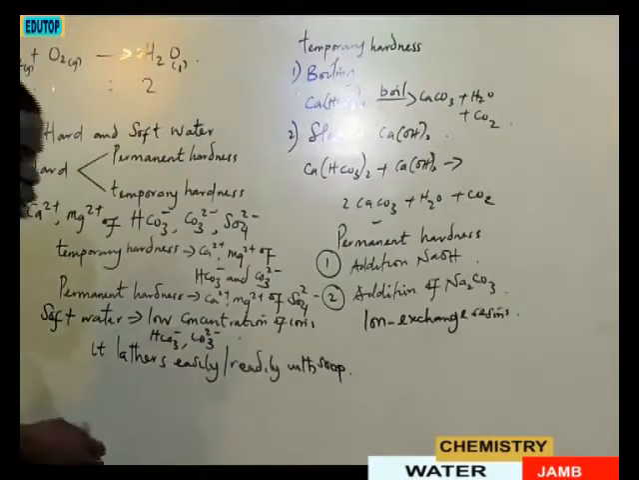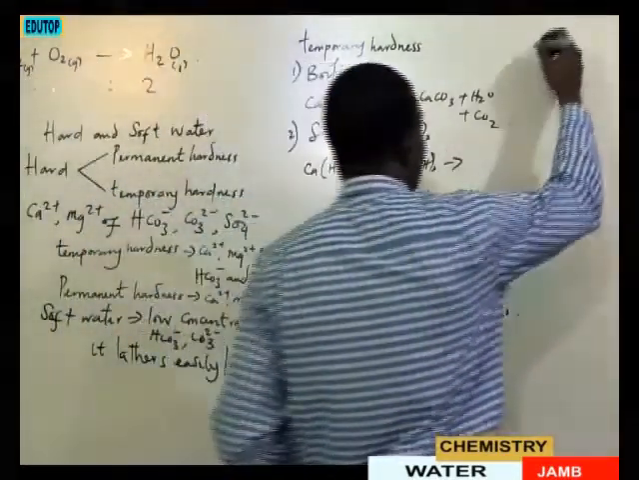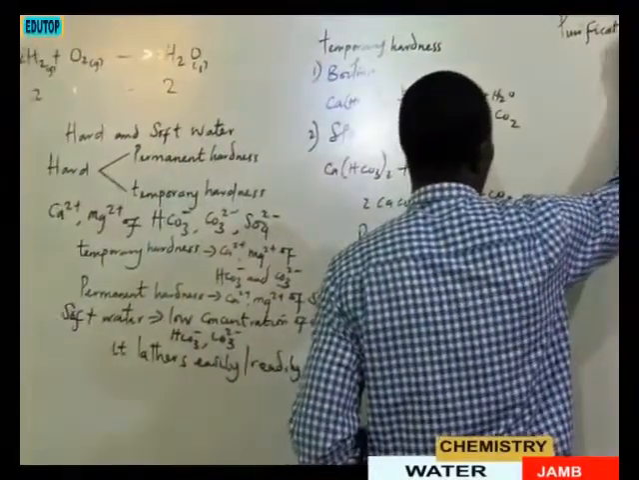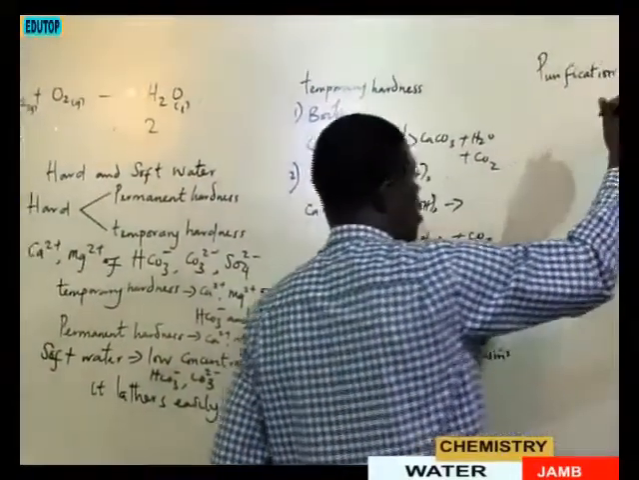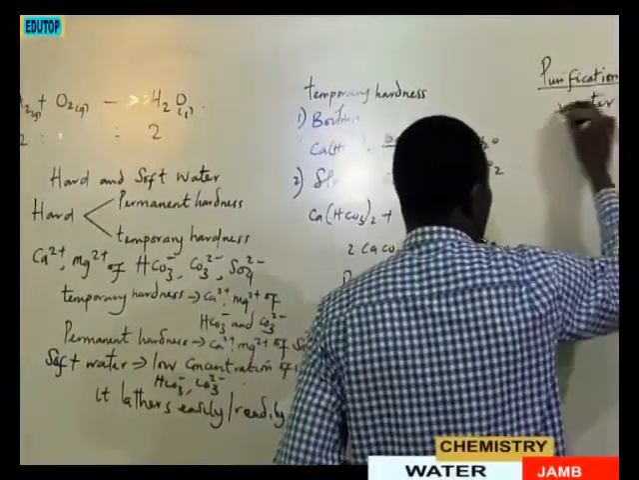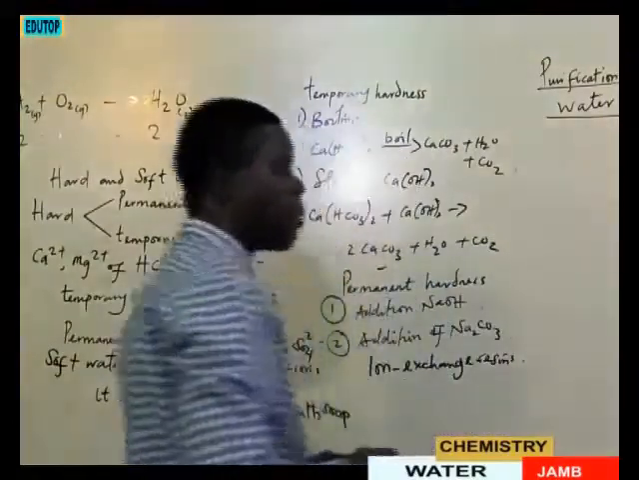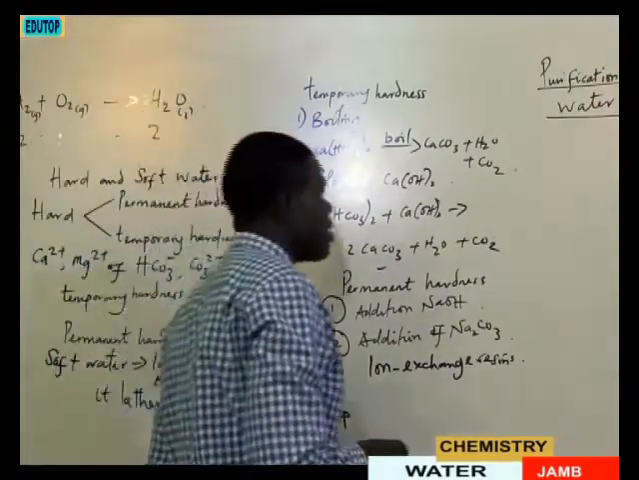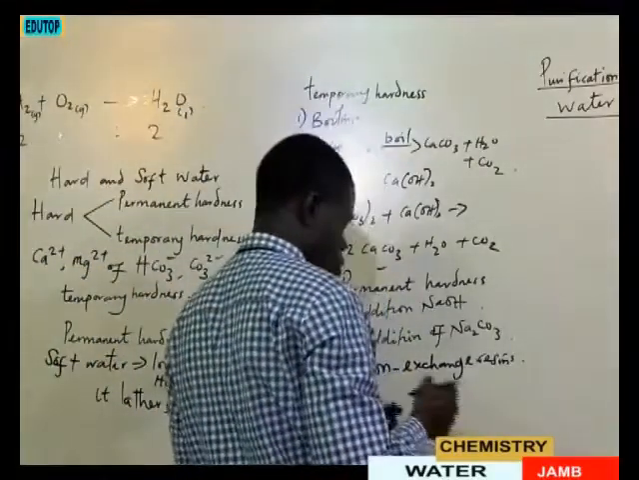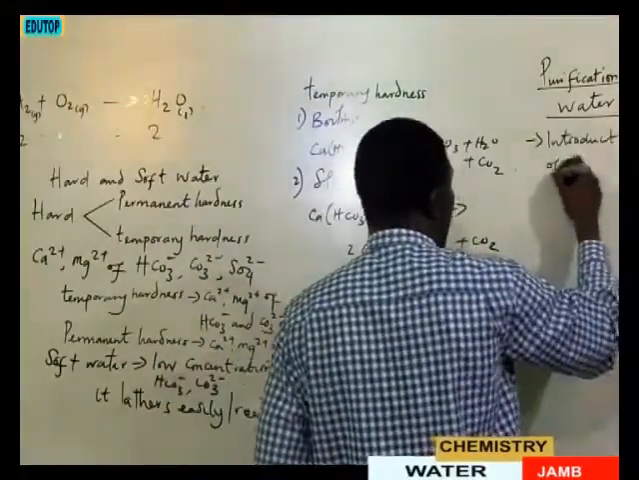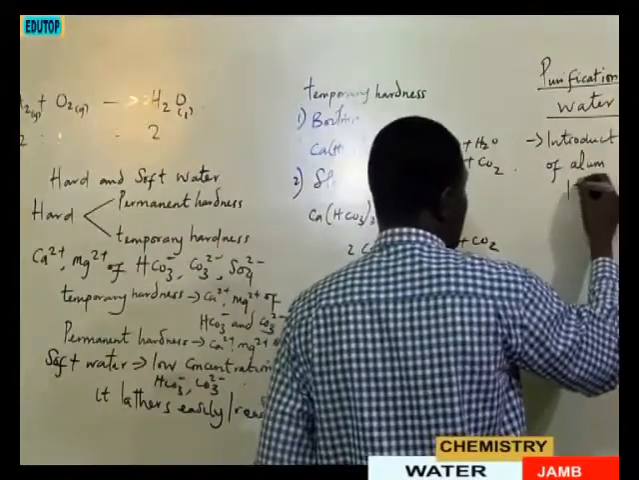Then let's talk about the purification of water, the steps. How can water be purified for usage in the urban area? Dirty water can be purified before it is fit for drinking or for some other domestic purposes. So in that situation, the first thing to do is the introduction of alum, which can be